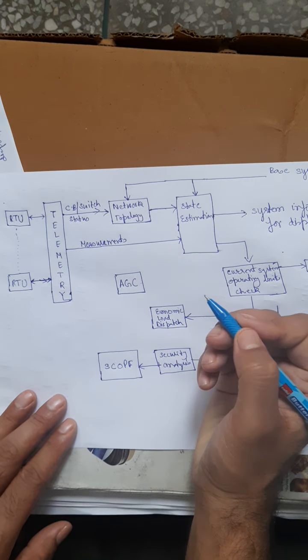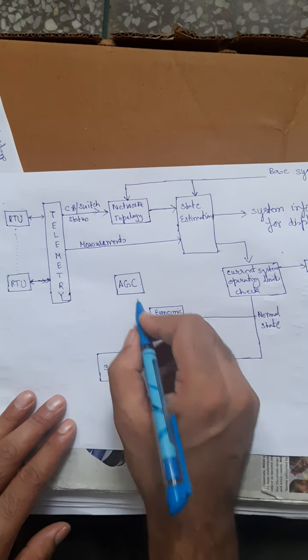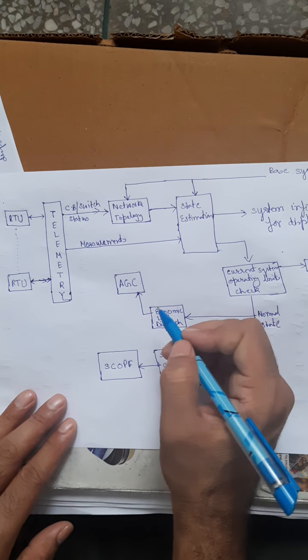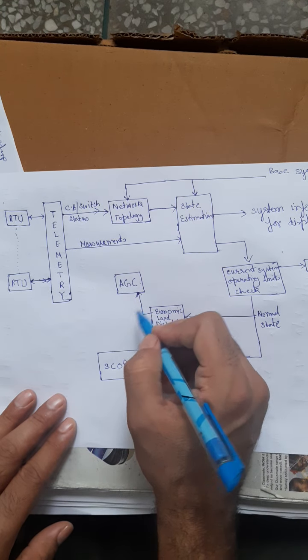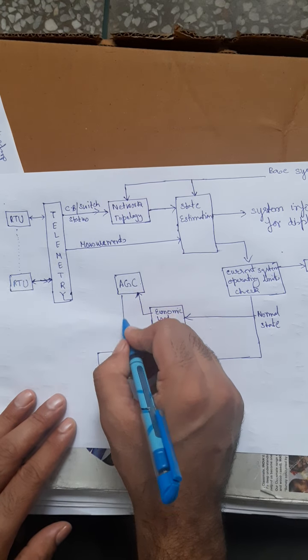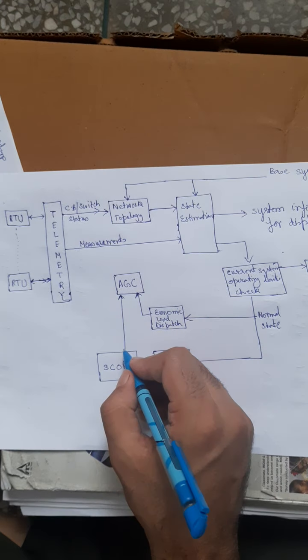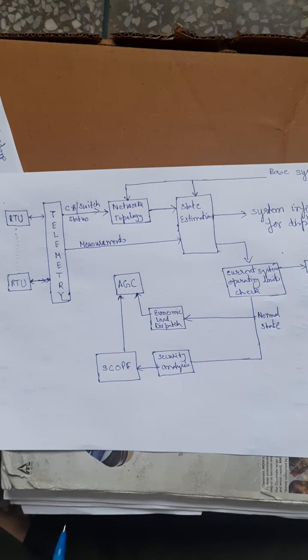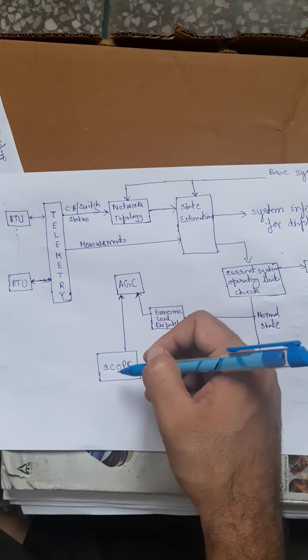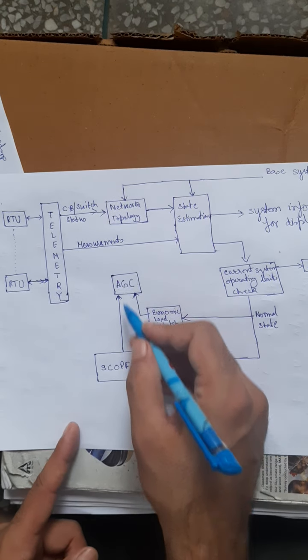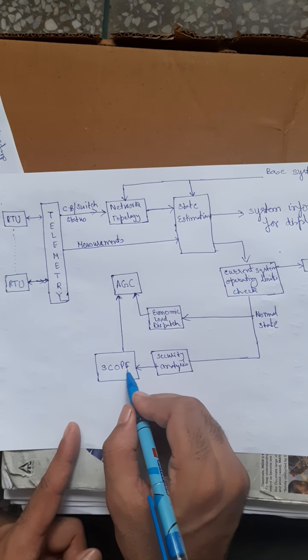This AGC is also called the load frequency control. What AGC, automatic generation control, does is send signals to the generators to control their real power output. The security constrained optimal power flow also goes to the AGC, because if we want the constraints not to be violated in the post-contingency state, we have to make stable adjustments in the pre-contingency state. That is done by the AGC, but the signal to the AGC is given by the